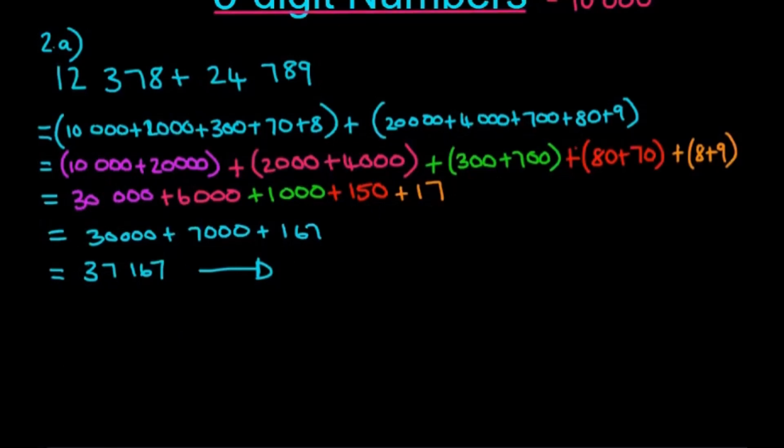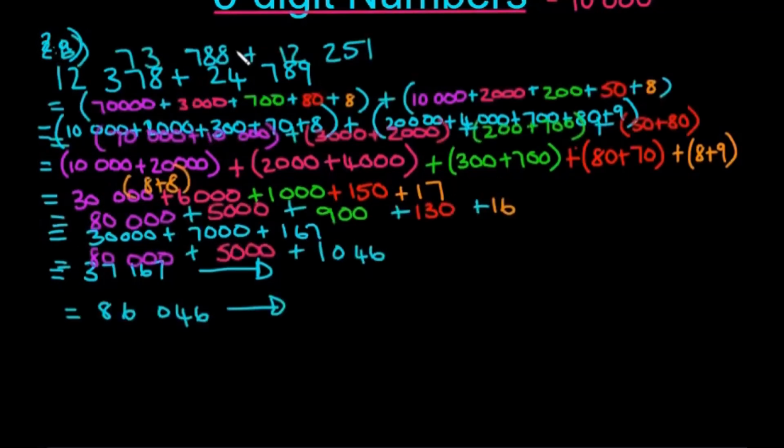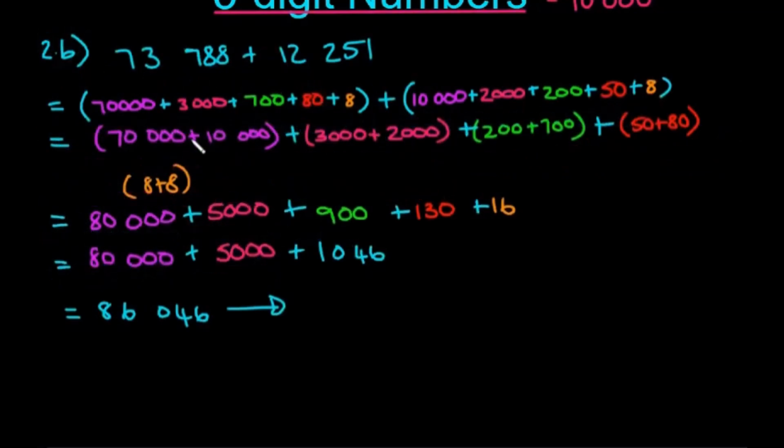B, actually the same thing, and we put everything in the standard notation, put them in their different place values, added the place values together, and then put them all together to give us an answer of